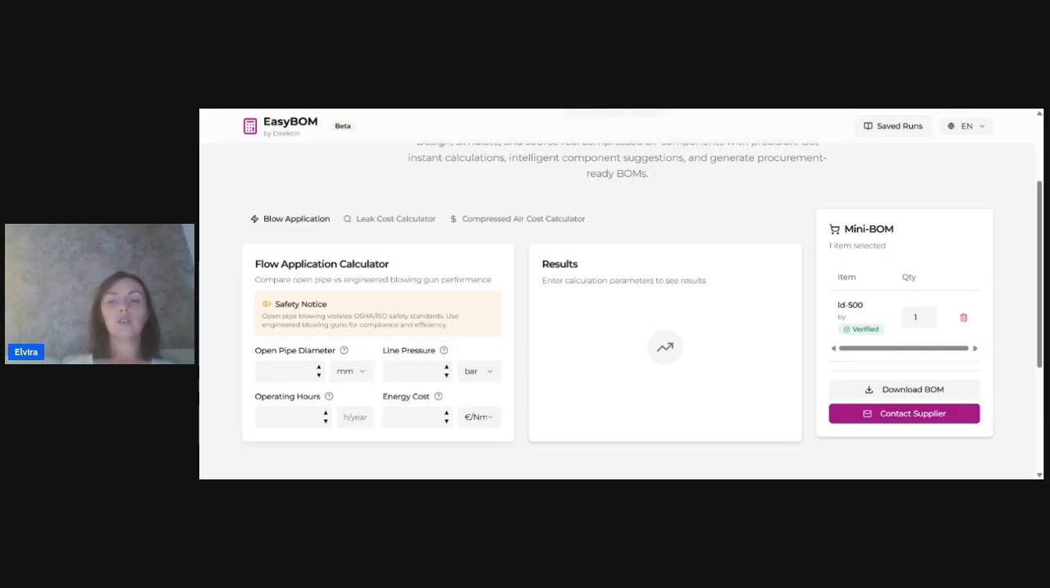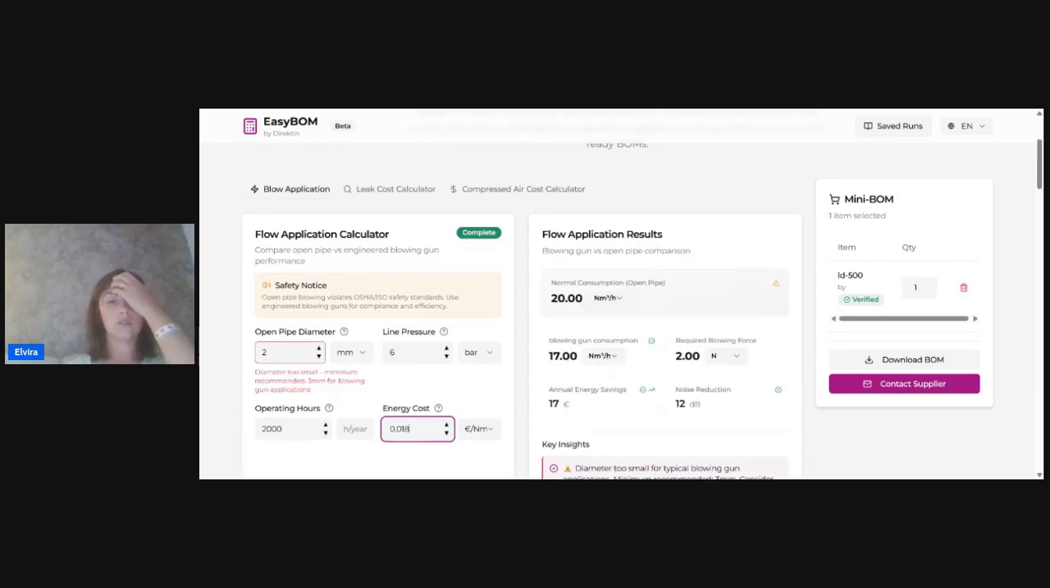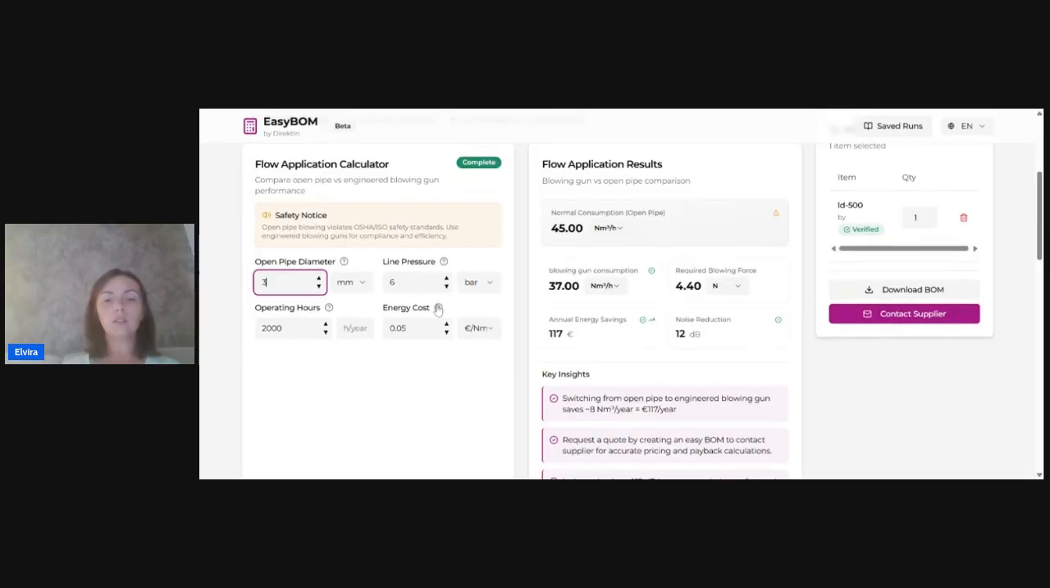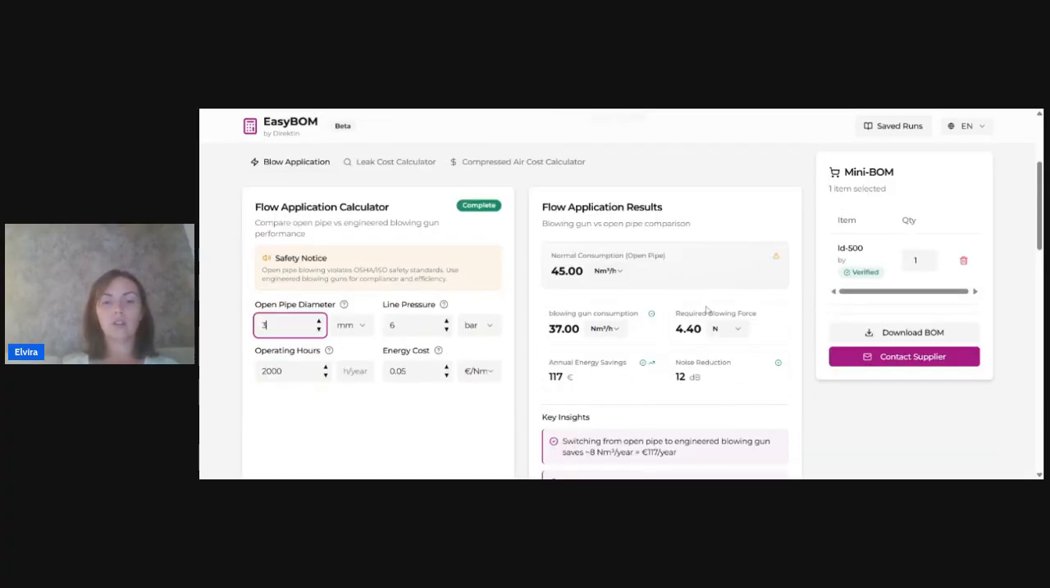So let's now think about the blow-in application. Again, very often in the facility, a very quick win is to install blow-in guns instead of open pipes. And you can simply calculate inside the pipe diameters, the line pressure, the number of operating hours, as well as your compressed air cost. Here you see it tells you that this diameter is quite small, so probably you have a bigger one. And here you also have the information of the flow application results,